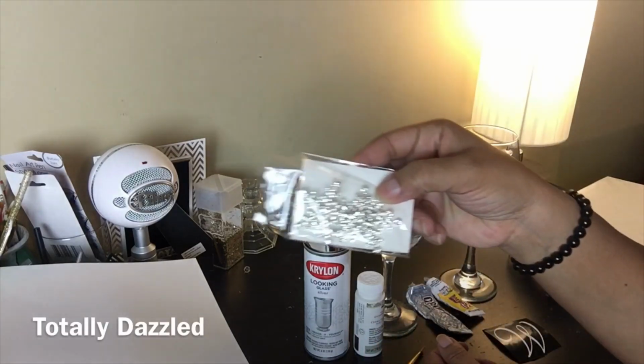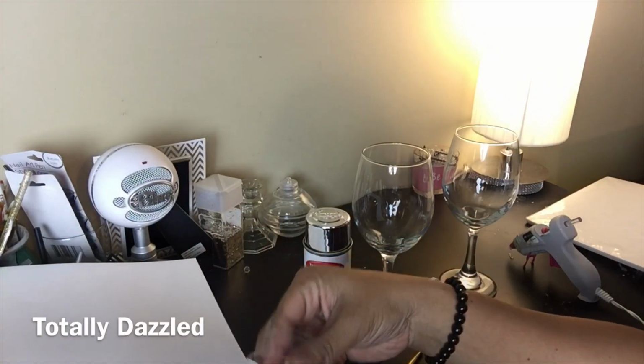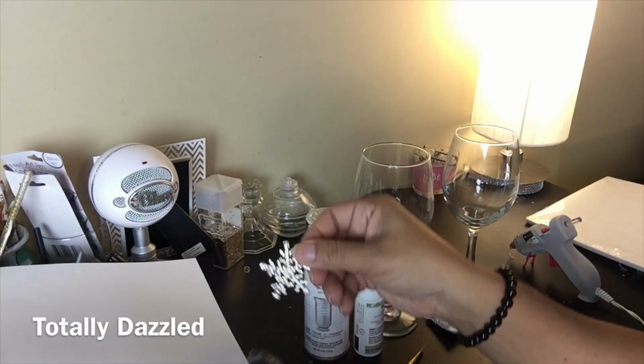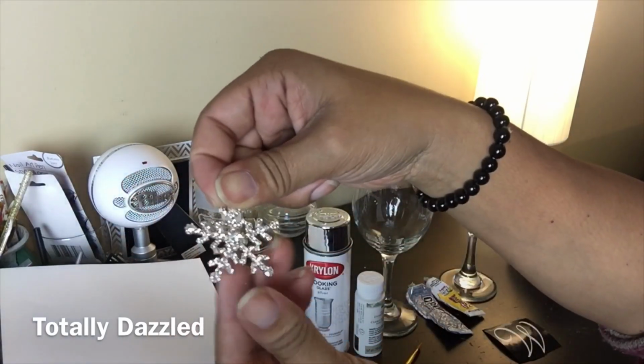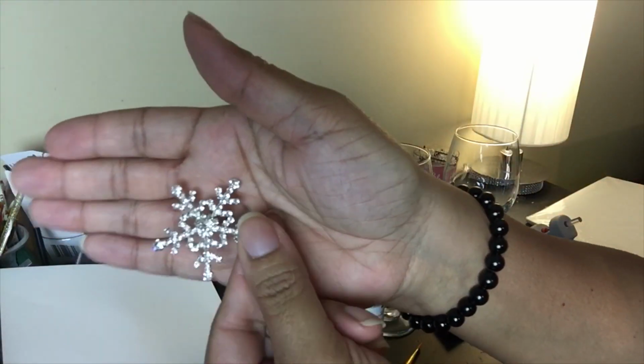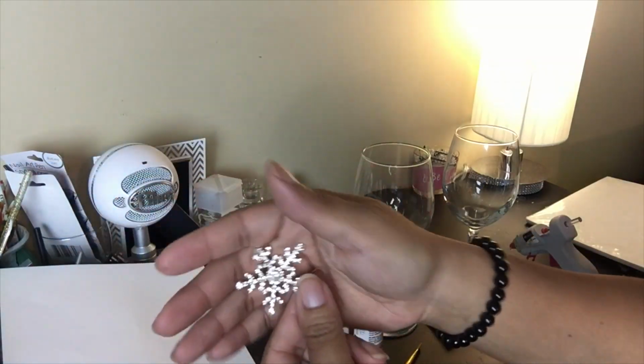What we're going to create are monogram wine glasses, okay? And we're going to be using these Totally Dazzled bling charms. These snowflakes here, you guys, are super cute. They're lightweight and they are perfect for adorning any type of DIY that you're going to be doing for Christmas,